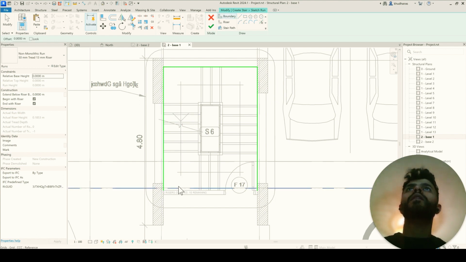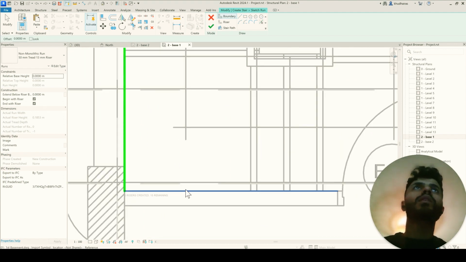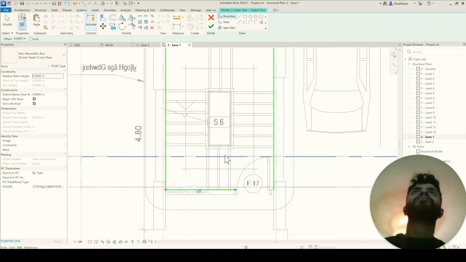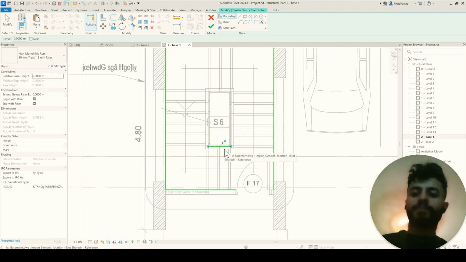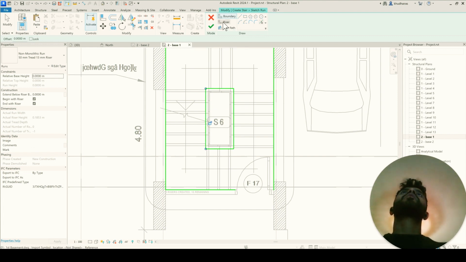This one, and then we have one here, and from this side, this one. Then we go to the riser. We can pick a line, 1, 2.